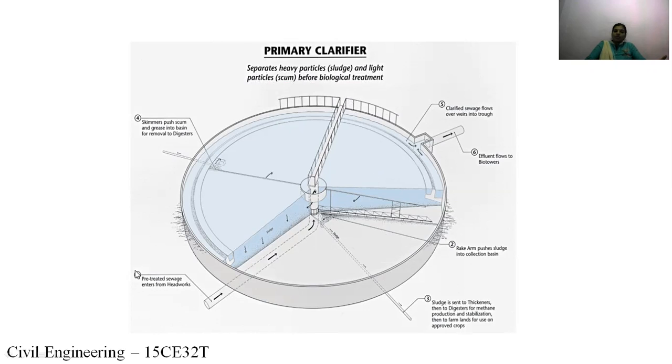From here, pre-treated sewage enters from headworks. Raking arms push sludge into the collection basin.